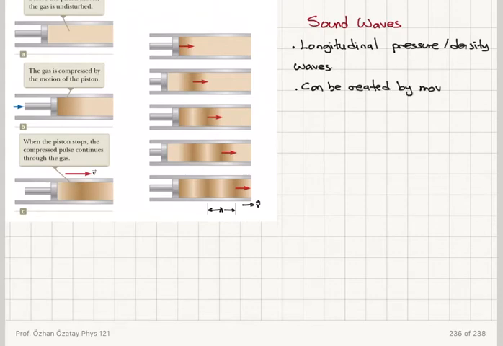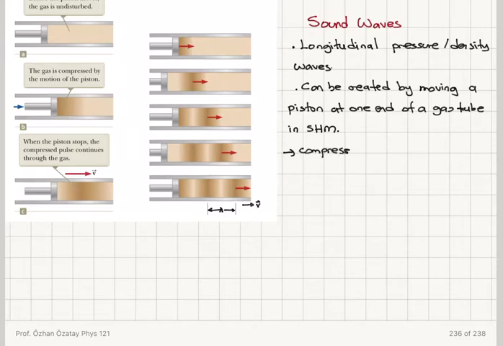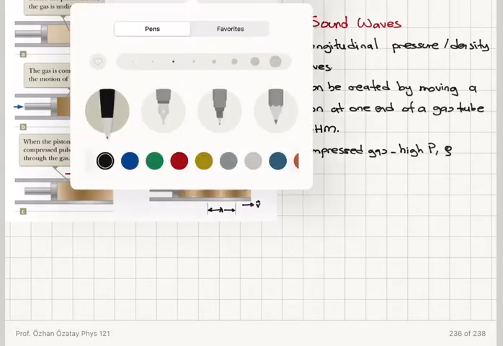Okay, so it can be created by moving a piston at one end of a gas tube in simple harmonic motion. When you have compressed gas, that means we have high pressure, high density, and therefore